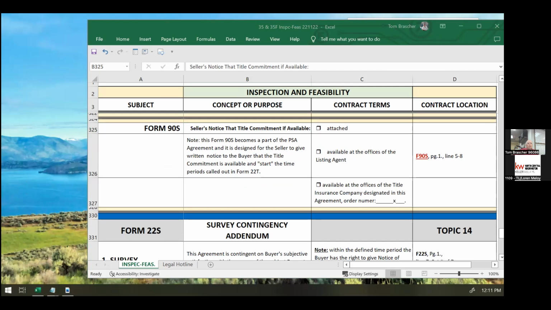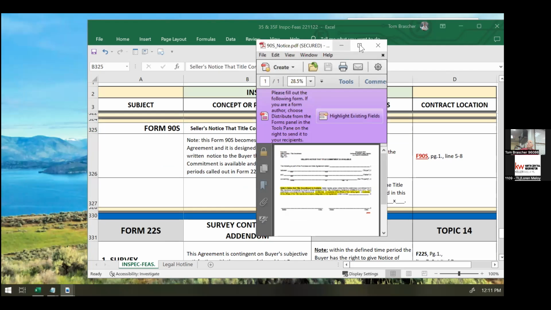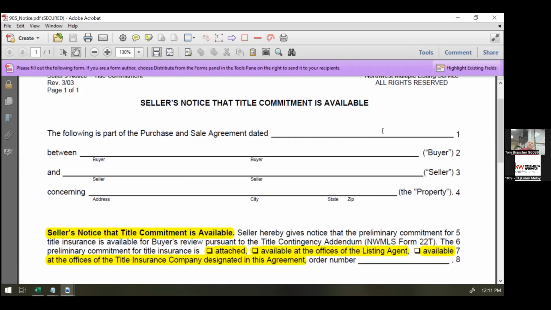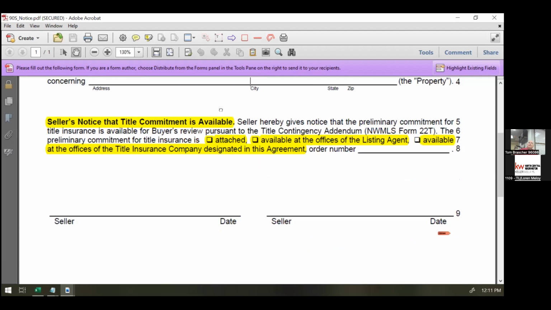And so there's two notice forms under title. One of them is 90S, seller's notice that title commitment is available. I've never seen anybody use this form. What it does is the seller's notice that the title commitment is available, and it has to do with Form 22T, and that it's either attached or it's available at the office of the listing agent, or maybe it's available at the office of the title insurance designated with some order number